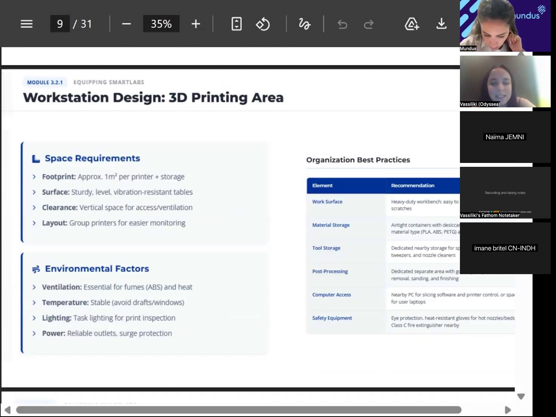3D printing is typically the best starting point for most SmartLabs. The equipment is relatively affordable, safety requirements are manageable, and the impact on students is immediate and visible because they have a physical object at the end of the process. And this is a powerful moment. What you need is a minimum of 15 to 20 square meters of space,